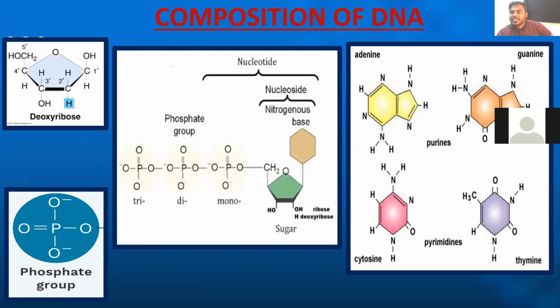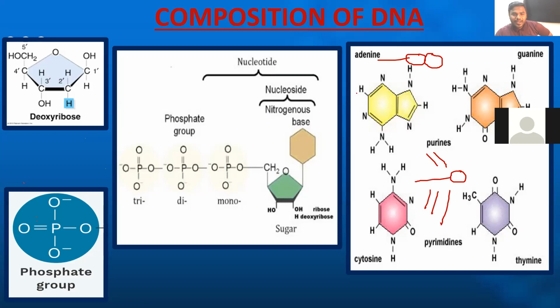What else should the DNA consist of? My friends, the most important one, the DNA should consist of bases. You all know very well, we will read in the chemistry part. There are 2 types of bases. We can call them purines and pyrimidines. Always remember, friends, purines are the bicyclic ring. Sometimes in the exams they will give it like this, bicyclic. And pyrimidines are monocyclic, single ring like this. Now, friends, adenine always pairs with thymine with 2 hydrogen bonds. Guanine pairs with cytosine with 3 hydrogen bonds. Okay, that's what we commonly know.